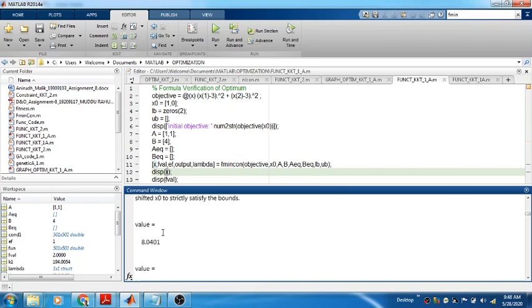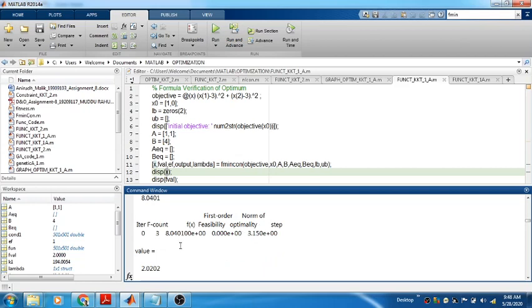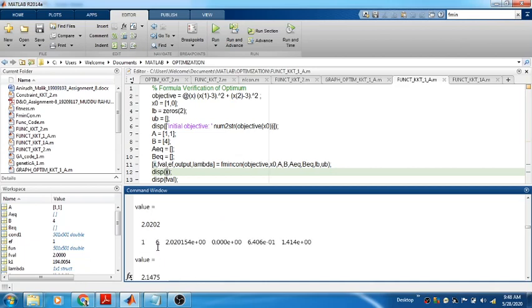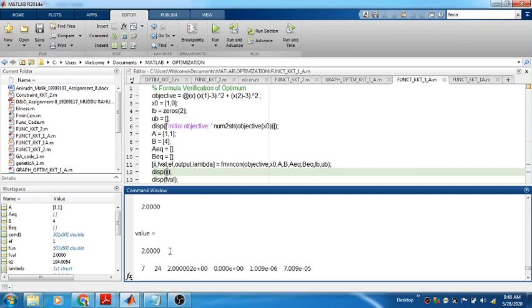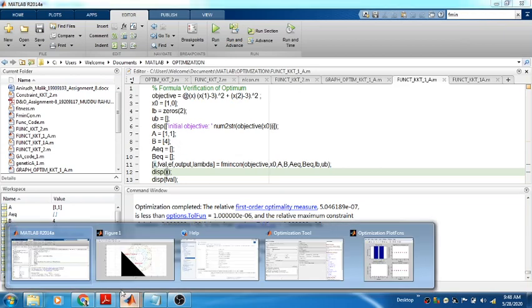The first initial value it took was x equal to 1 and 0. Then iterations were taking place, and it reports whether this is feasible or not. Then again an iteration, then the value was this. After 7 iterations you can see its accuracy, the 2 and 2 value, and whether this is in the feasible region or not. So let's do this problem for a non-feasible region.